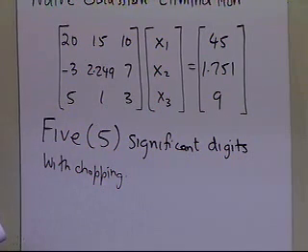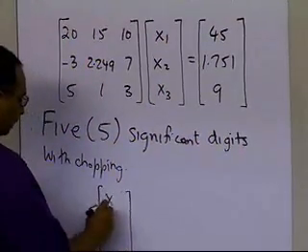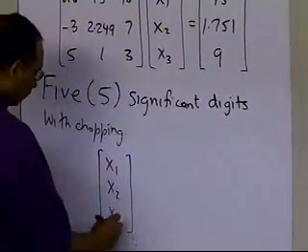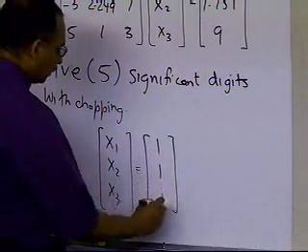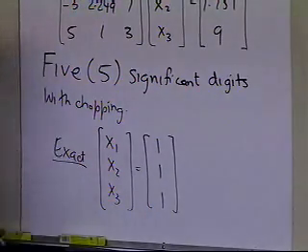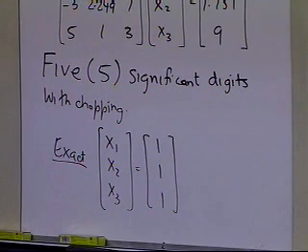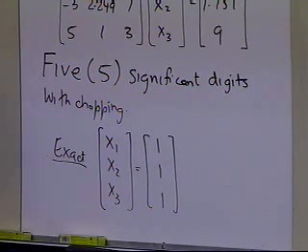Now I want to show you whether we get the possibility of round-off error. I'm going to tell you right in the beginning that the exact value for this particular problem is 1, 1, 1, and 1. That's the exact value. To illustrate that we are going to have certain round-off error problems here, let's do this problem with 5 significant digit chopping and see whether we get close to the exact value or not.